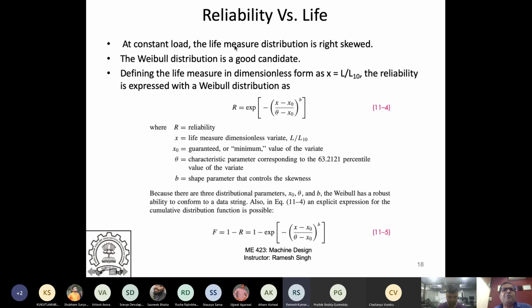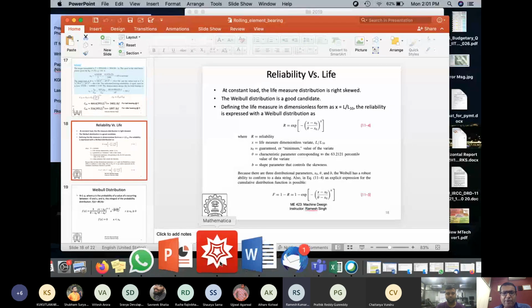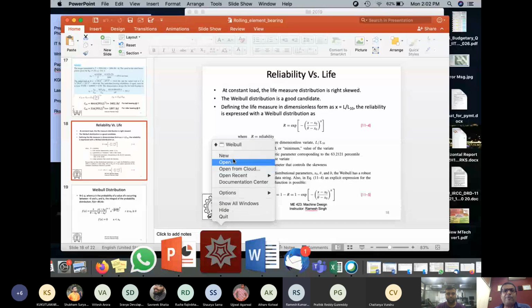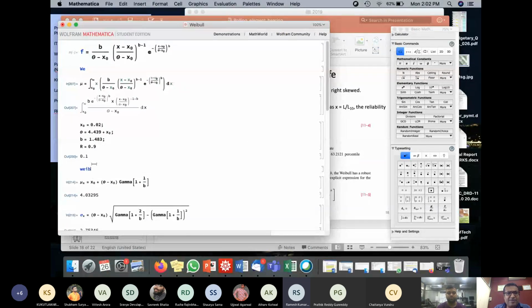So reliability, basically what we know is for reliability constraints, you need to have a distribution. And typically with reliability, the distribution is right skewed. So it is something like a Weibull distribution. There are two ways to model a skewed distribution. One would be log normal. The other is Weibull. So I'll just show what Weibull looks like, so that you have some idea of how a Weibull distribution looks.